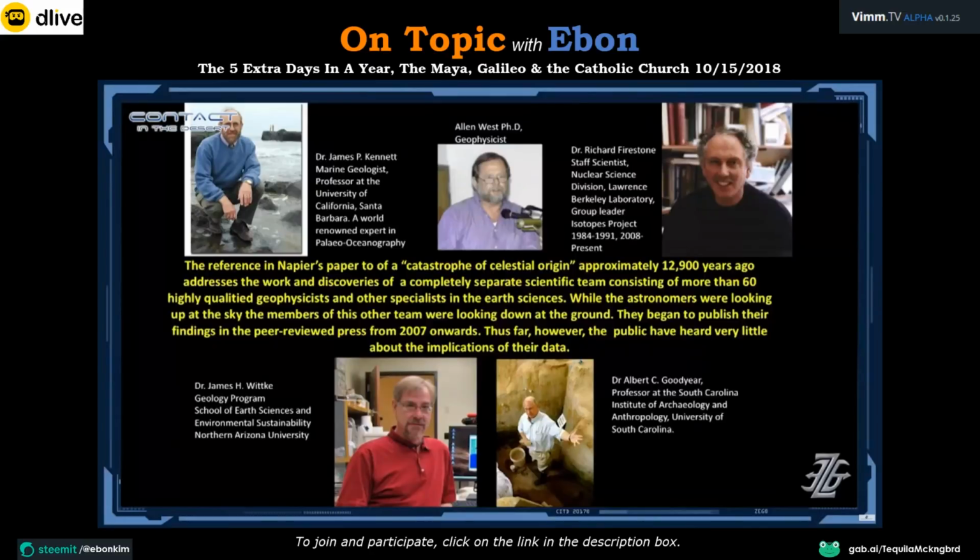Alan West, a geophysicist; Richard Firestone, staff scientist, Nuclear Science Division, Lawrence Berkeley Laboratory; James Whitker, a geologist; Albert Goodyear, an archaeologist. They are just some of the more than 60 members of the group that now call themselves the Comet Research